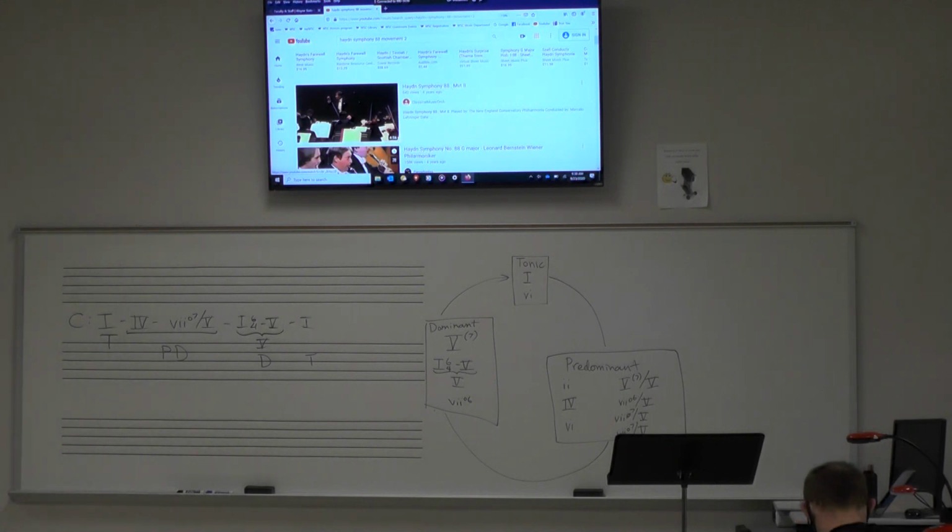I do kind of wish this piano was turned around. Maybe if I play the progression way up here, you can see the board from here. It's going to be really high. We've got a 1 chord, and then a 4 chord, and then we have 7 diminished 7 of 5, and that would lead nicely into